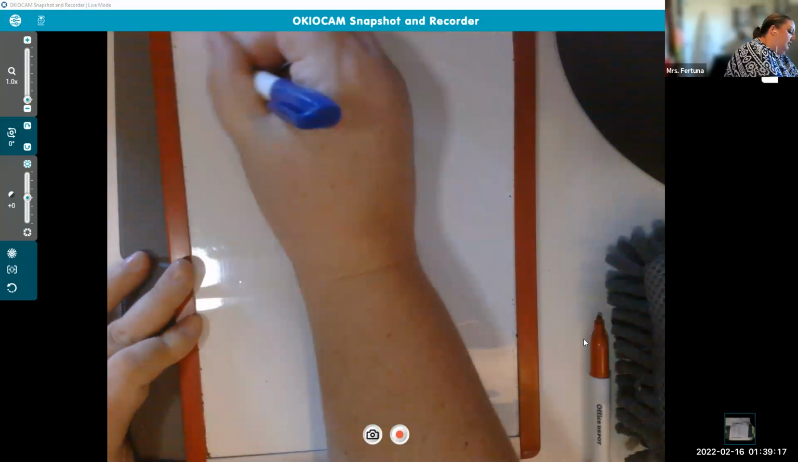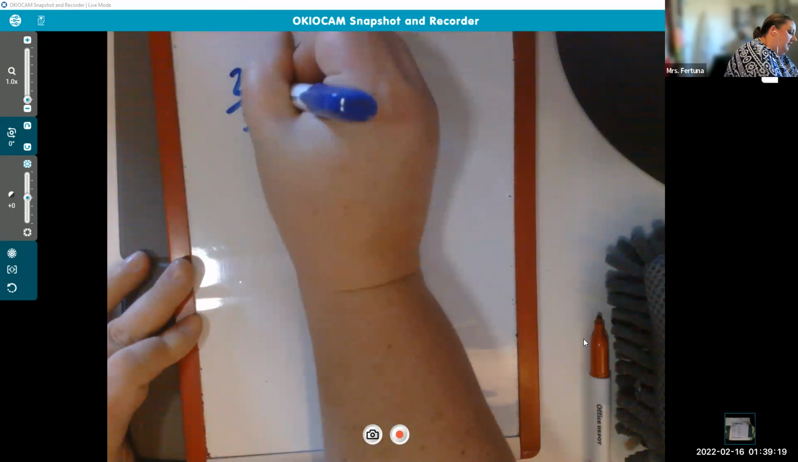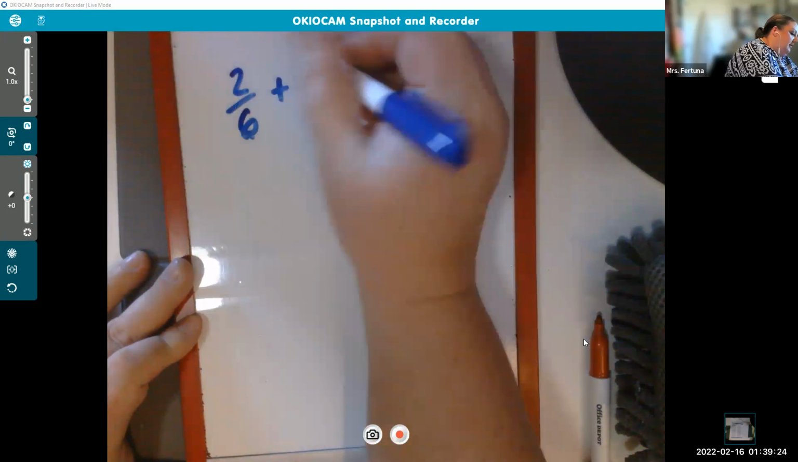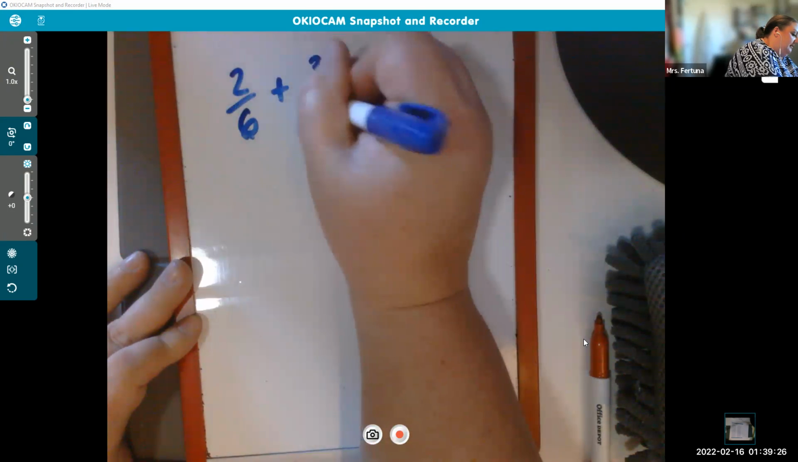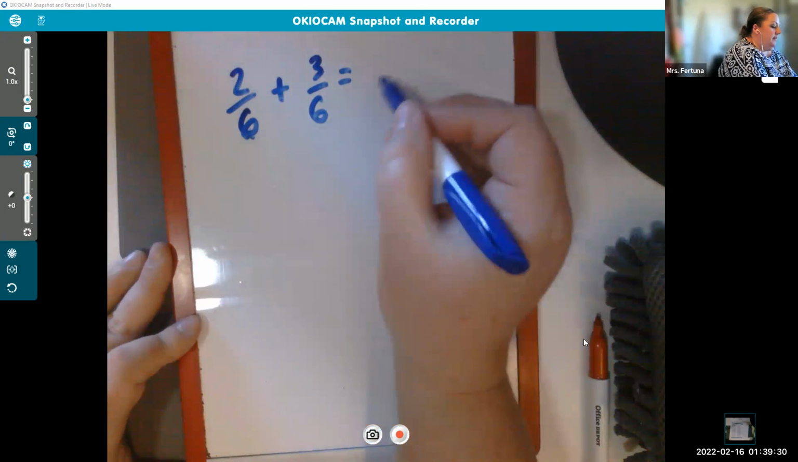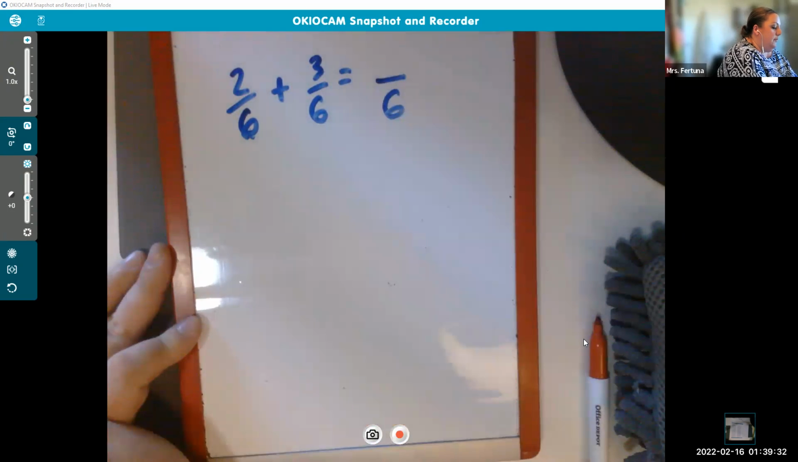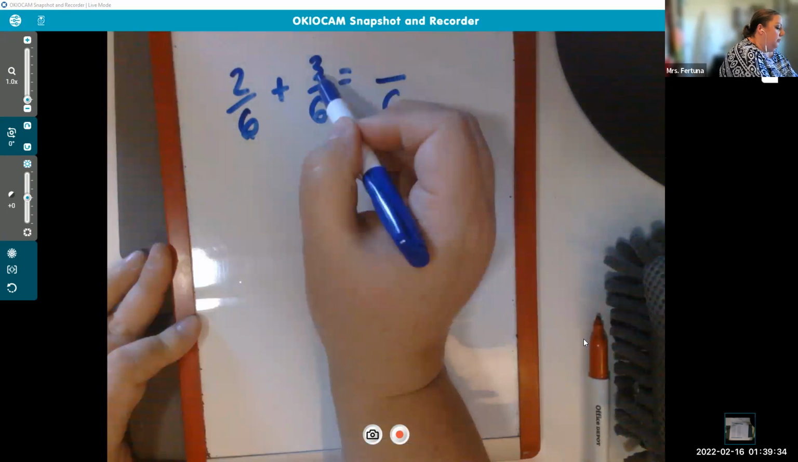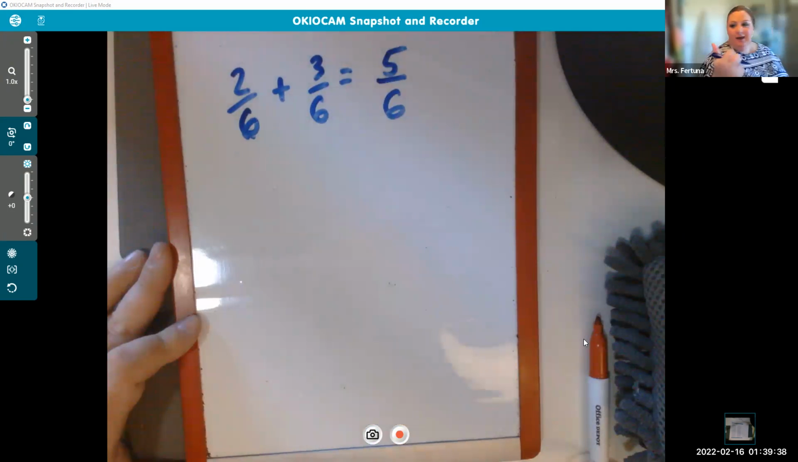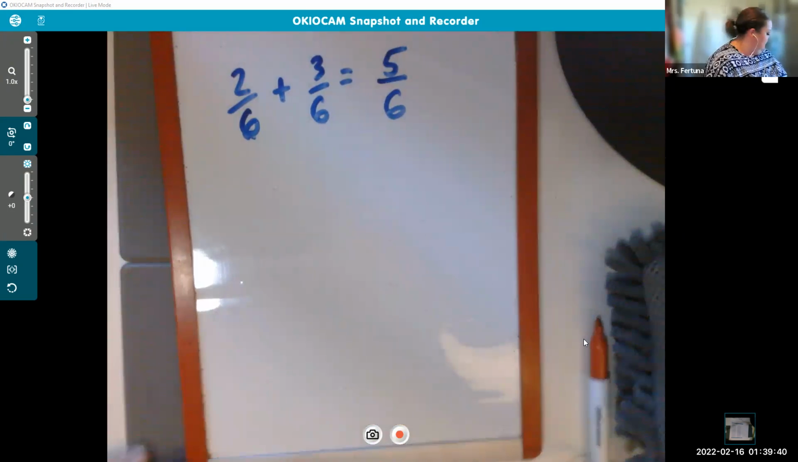So we have 2/6, I'm sorry, 2/6 plus 3/6. Perfect. So we know we can keep, now the denominators are the same, we can keep that there. And then we know 3 plus 2 is 5. Yay, we were able to add it together. All right, let's try